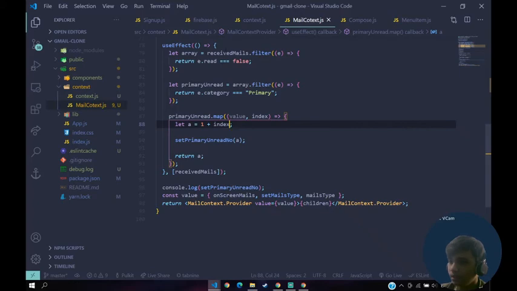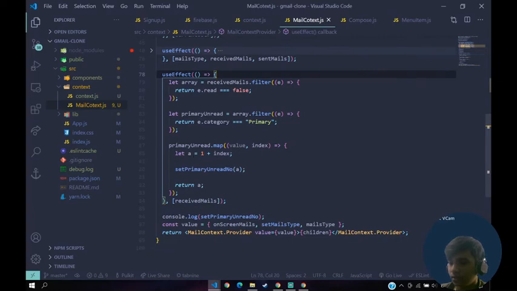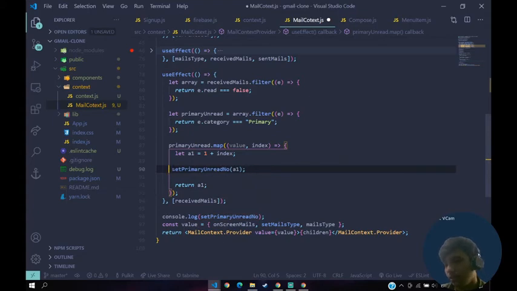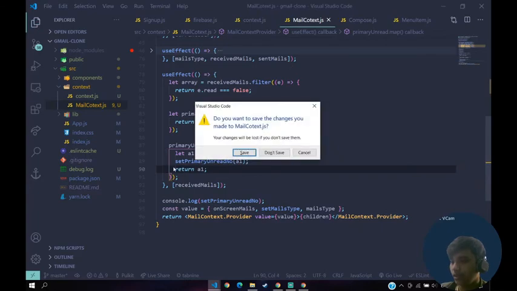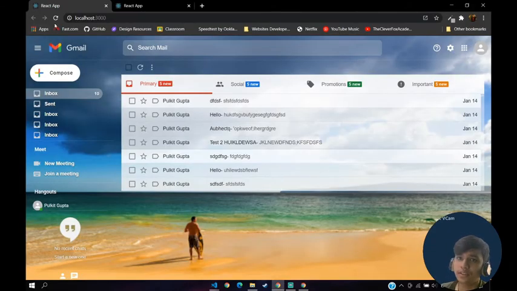Why is this happening then? Okay, so if we remove this thing, a1, it's a number, right? It's giving it as a number. Then make this one liner, cancel, save that, go back to our application, let's refresh.